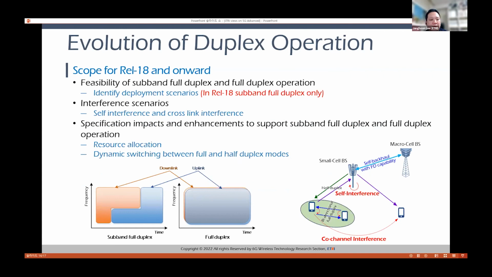We think firstly, feasibility of duplex operation should be carefully investigated. For this, deployment scenarios need to be identified. It is also needed to study interference scenarios. Based on that, evaluation of system performance and investigation of the specification impact should follow. Even though full duplex operation is out of scope at this moment, we think a full duplex operation without any constraint should finally be supported. So we will continuously try to support full duplex operation in such TTA area.